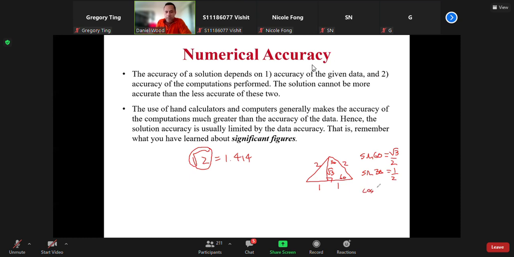Cos of 30 is equal to root 3 on 2. Now you can take root 3 on 2 and change it into 0.866. If you do that, you're going to lose some accuracy in your final solution. There's going to be error that you introduce, dependent on the number of decimal places that you carry through your